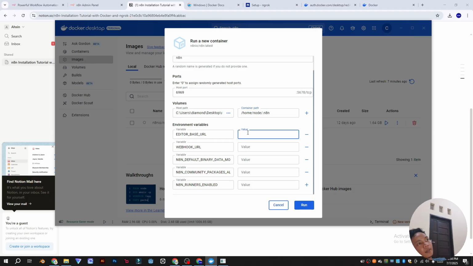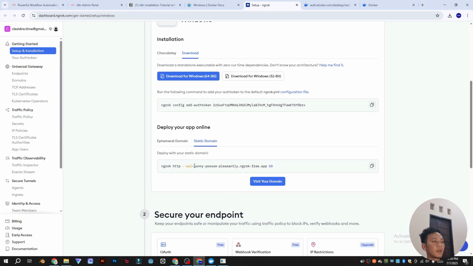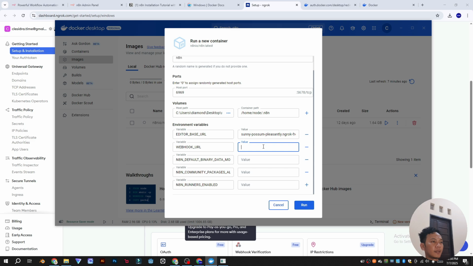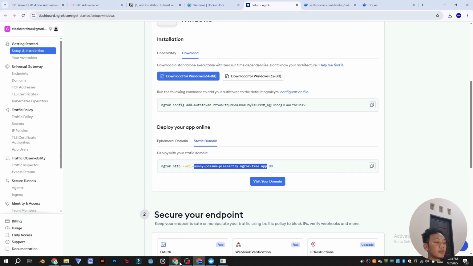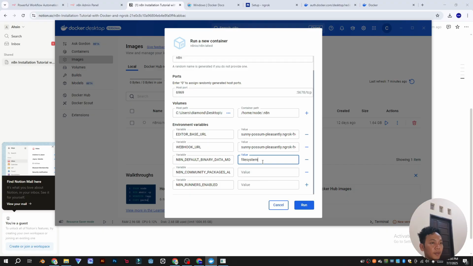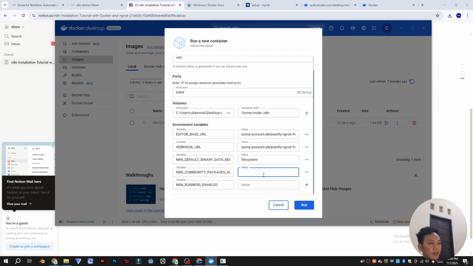Editor base URL is the static domain from ngrok. We can take them and fill this and this. For default binary data, fill it with file system, and the last two options fill them with true, and run.